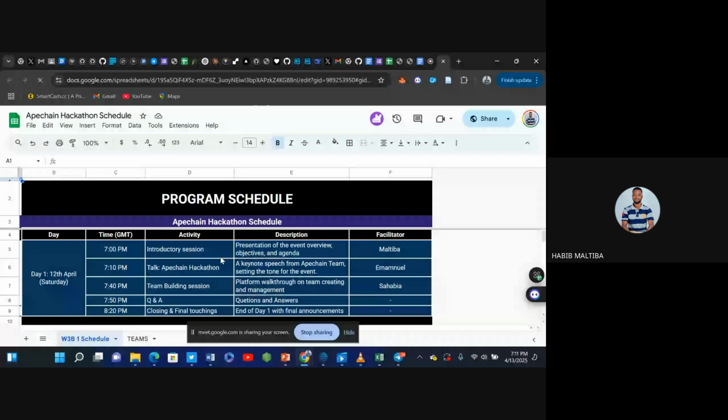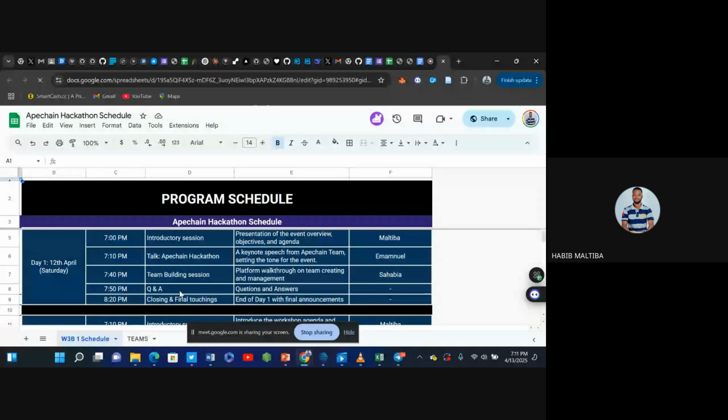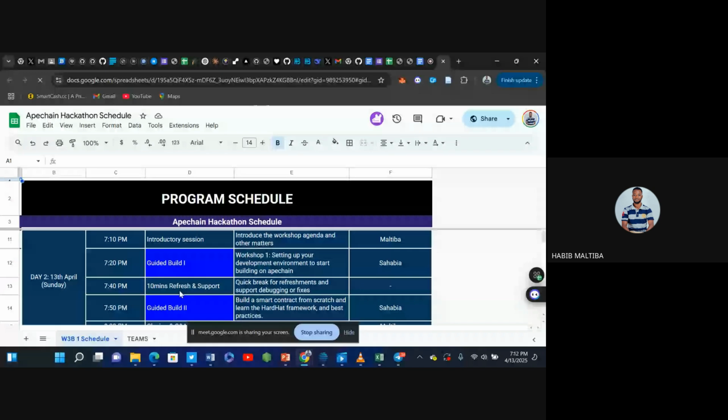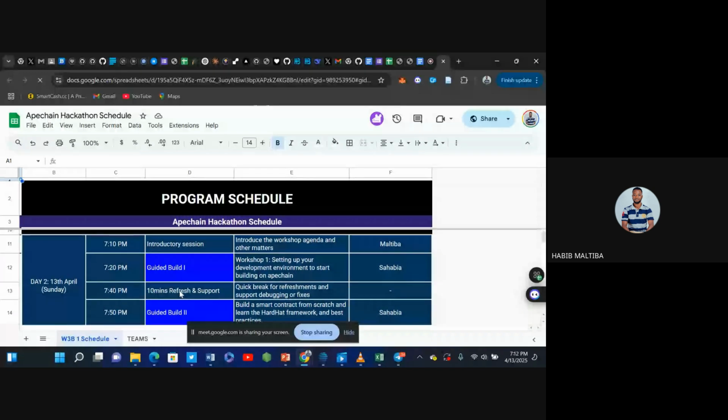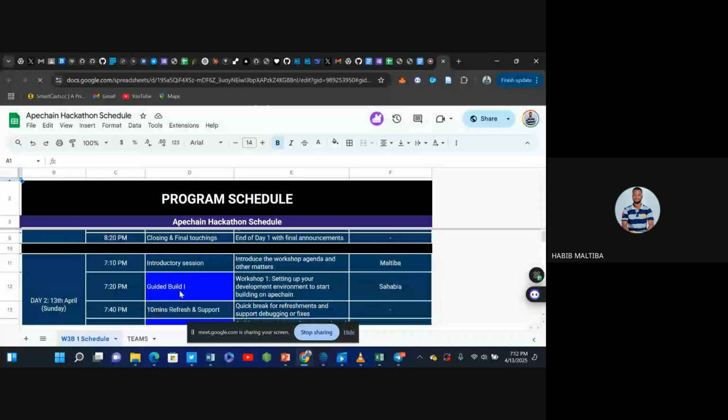Relying upon for the next few days as far as the workshop and its facilitation is concerned. I'm not going to read it detail to detail, because it is a readable document that we can all read through and we all have access to it. So yesterday we started with the orientation, for which the activities are stated here. Today being the 13th, we are going to look at some of the introductory sessions like I am doing now,